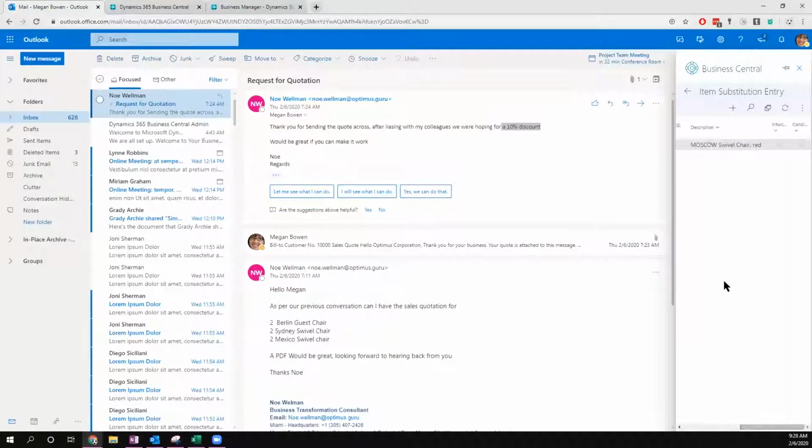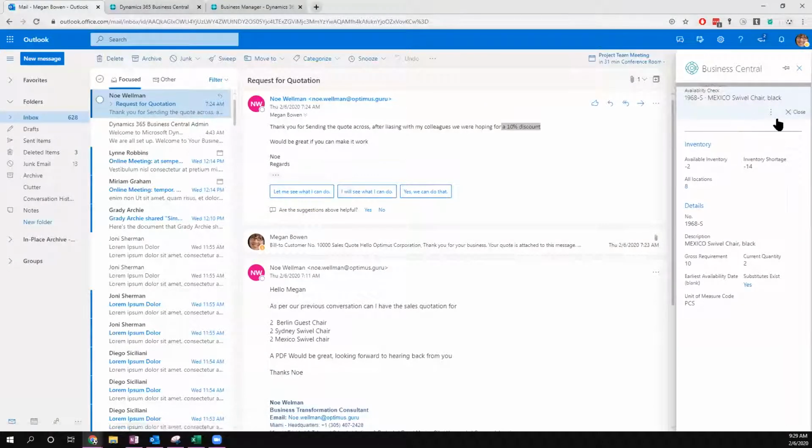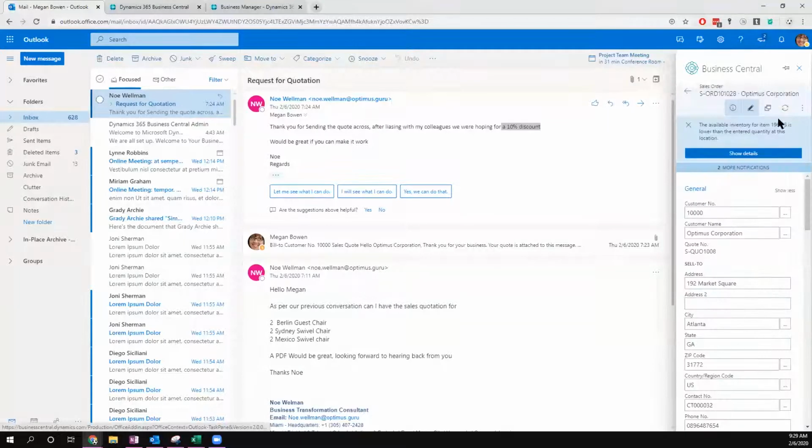Instead of Mexico, this is the Moscow swivel chair. This is just to give you an easy example by country. I have a chair that is called Mexico, and I have a chair that is called Moscow, but they are substitutes if I want. I could just substitute it and tell my customer, hey, I don't have your item, but I have a substitution, a similar item for you. So immediately, I just send my email if that's the case. Now you just work with this type of